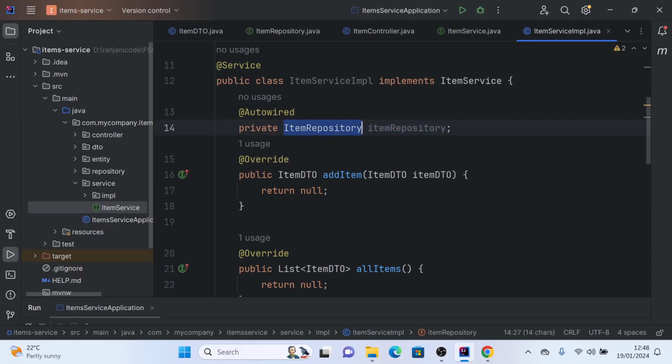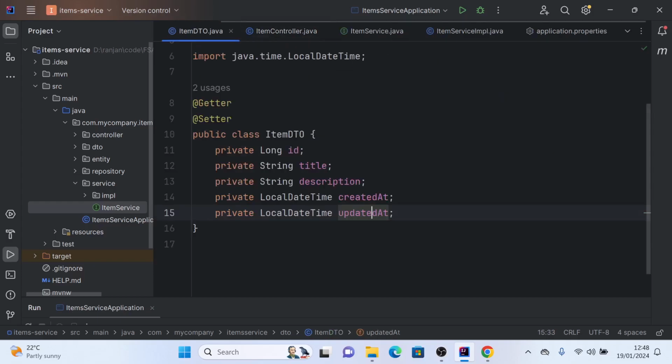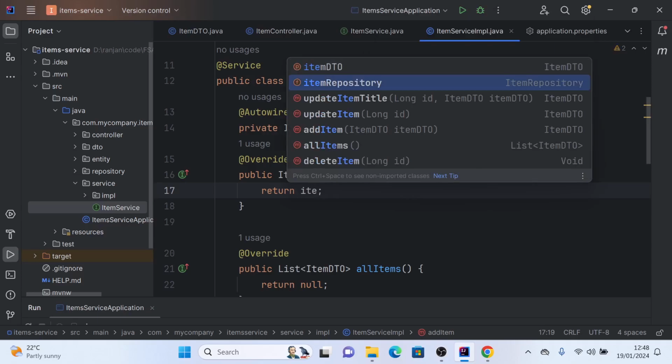Because the item repository implementation class is not created by us, it will be created by Spring Data JPA. So that will be automatically marked as @Repository. But for injection of that singleton bean into our service layer, we need to make sure we do it with @Autowired. So now we will simply say itemRepository dot